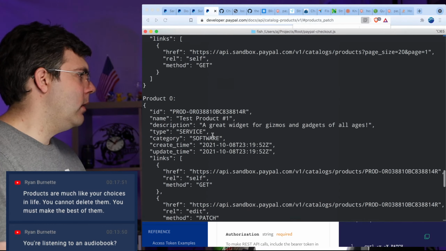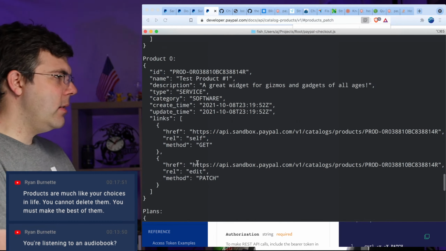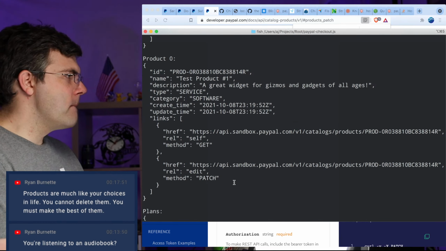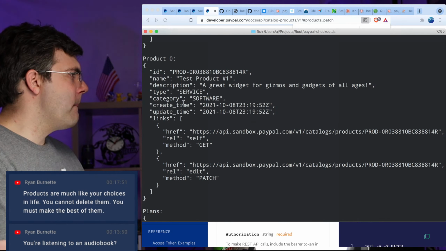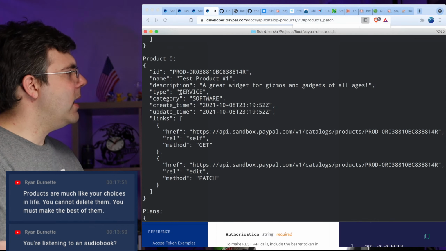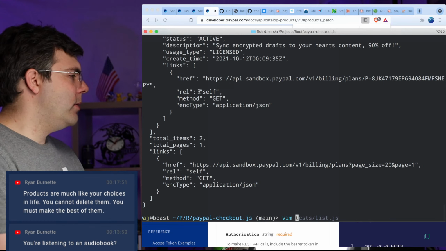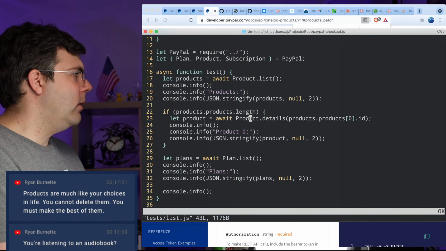Interesting how here it shows the patch, there it doesn't. You can't change the type either, but you can change the category. Well, whatever. That's not actually that useful to me.